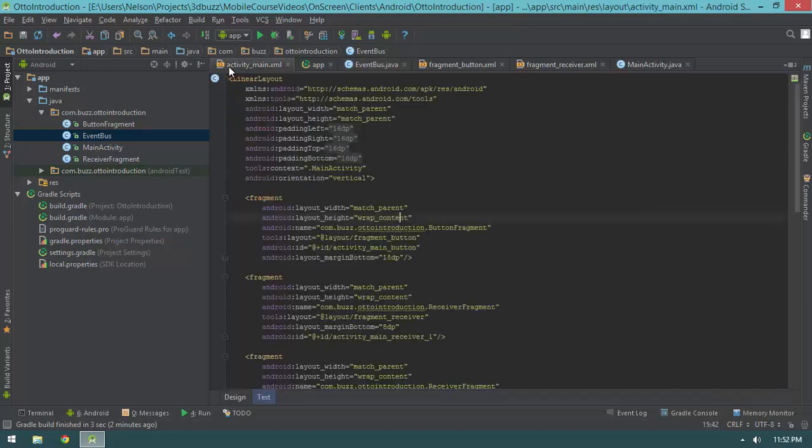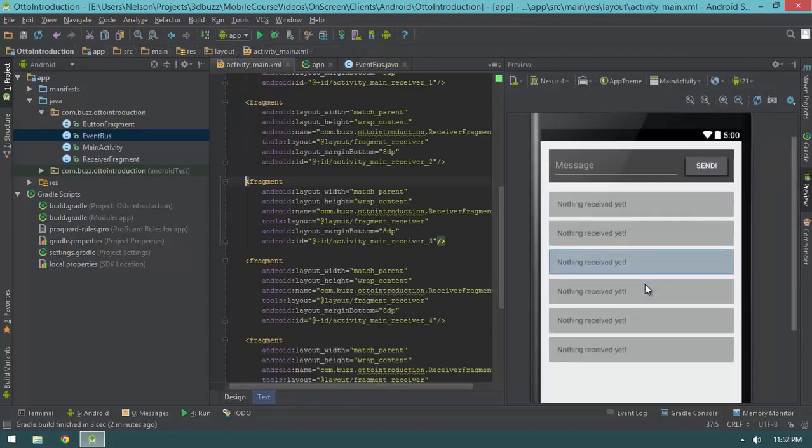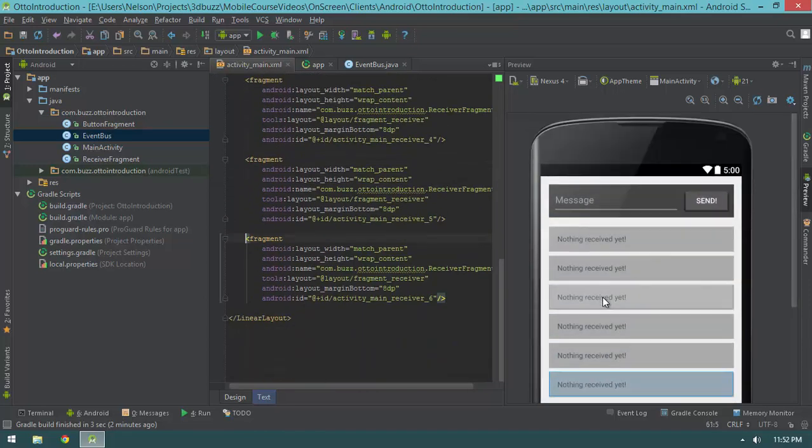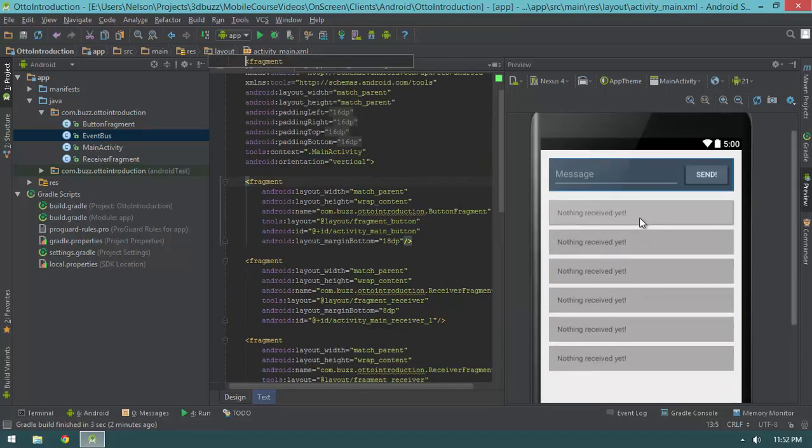So if I come back here into my activity_main.xml file, you'll notice that I have 1, 2, 3, 4, 5, 6 of these fragments and one of these fragments. I want them to be able to communicate with each other. Well, if you start thinking about events as opposed to the imperative programming way, the imperative programmer in you might